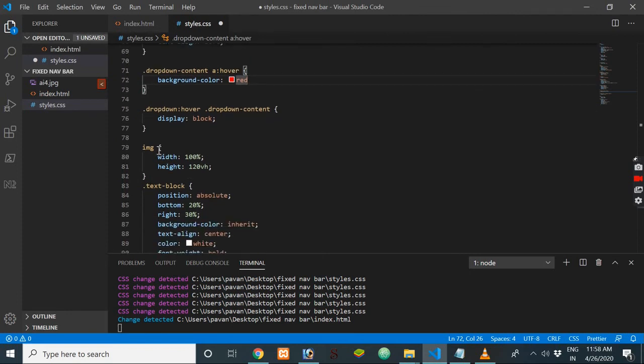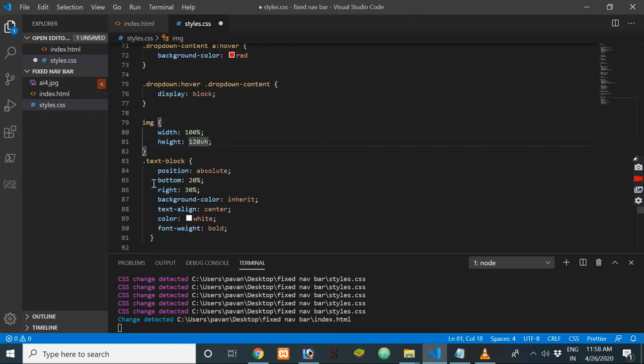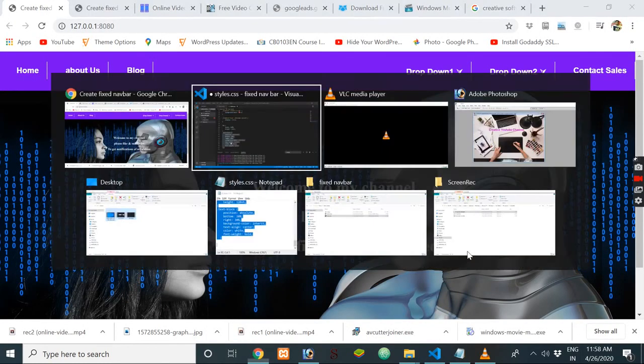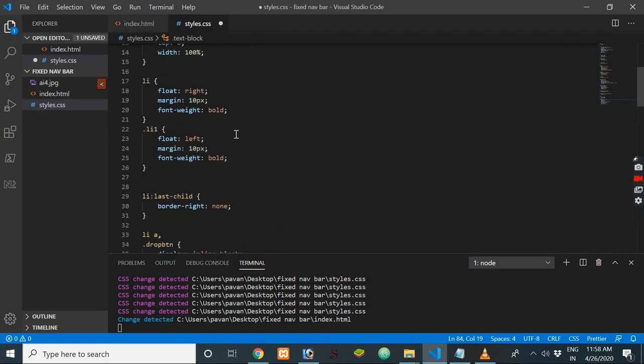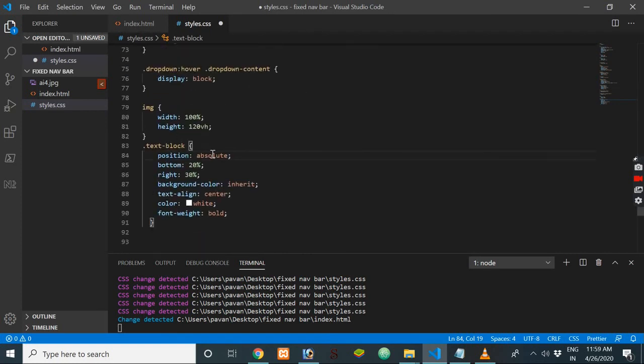Next, this is for image. For the image, the maximum width of the image is 100%, and height will be 120 VH. And this text block, this CSS is particularly for this one, this text block, where the position is absolute. Padding from bottom is 20, and from right will be 30, so that it will come into the center position, and background color will be inherit, so that it inherits the background color, and the image will be clear to visualize. And text alignment will be center, color of the font will be white, and font weight will be bold,